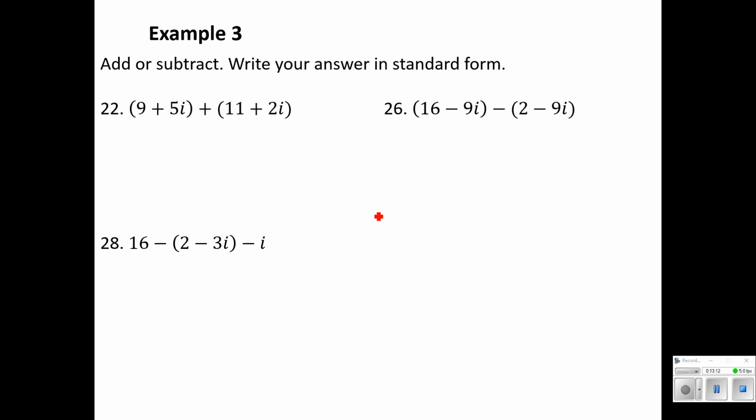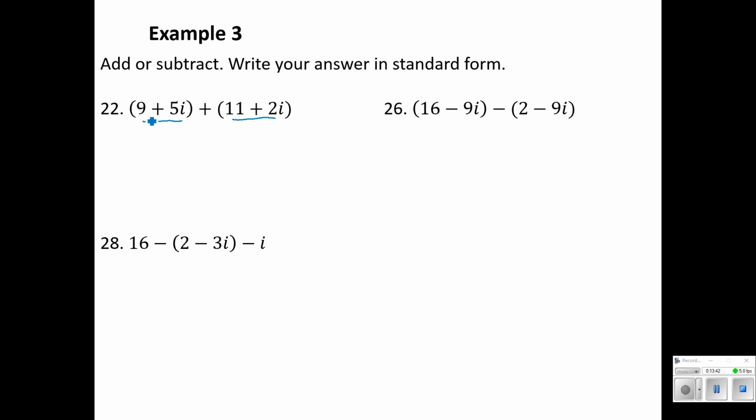All right, working with imaginary numbers. Now, again, this is kind of reinforcing the idea that imaginary numbers or complex numbers, they are numbers. So for 22, we're taking a number plus another number. We should get a new number, right? We shouldn't end up with some fancy expression or anything like that. We should get another complex number.